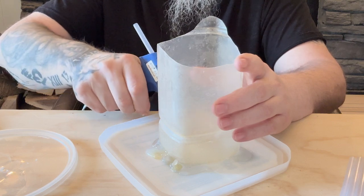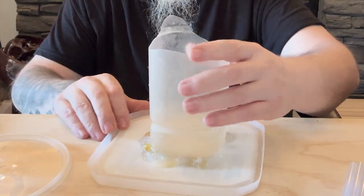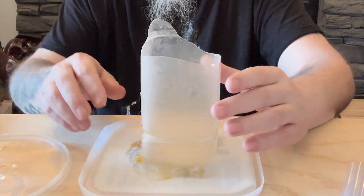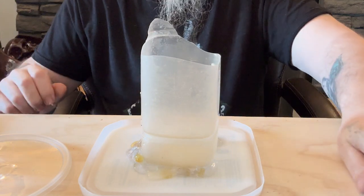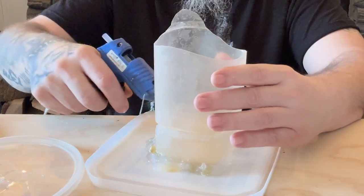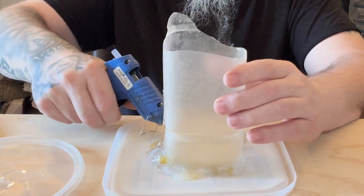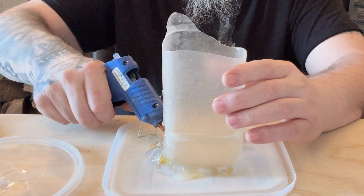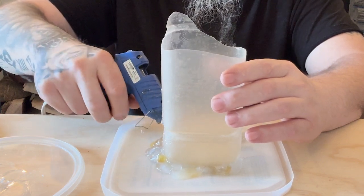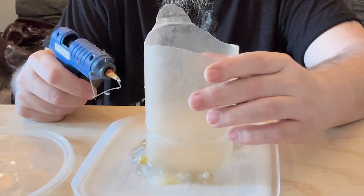So this plastic, because I can bend it and pop the hot glue off, and I went underneath the container, it can hold it in place until I'm ready to move it, ready to be done with it and paint it, and we're not breaking glass. And you just slowly build up, and you can use the tip of the hot glue gun to move it around, because the tip of the hot glue gun is hot. So if you got something in there that you don't like, you can melt it back and almost sculpt with it a little bit. But the thickest part of this is going to be the bottom, because that's where all